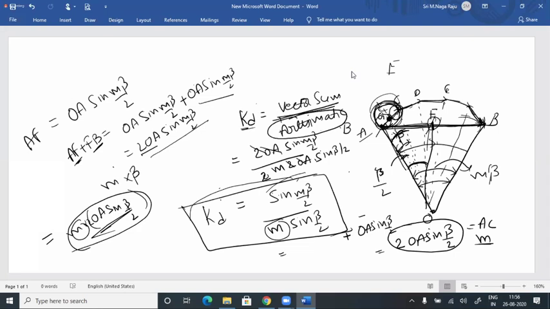I will do this derivation in a Word or PDF format and share it with you on WhatsApp. No issue, but you have to write down running notes also for these points. If anyone didn't get this, you can ask now itself. Later also you can ask me. Don't hesitate to ask.